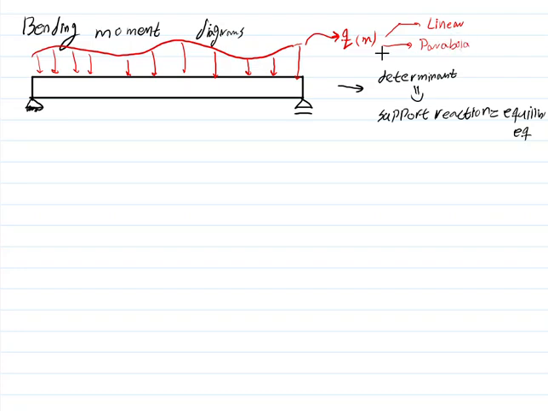It really doesn't matter what type of loading you have. So if I cut this beam from here or here and try to draw the remaining part in this way,